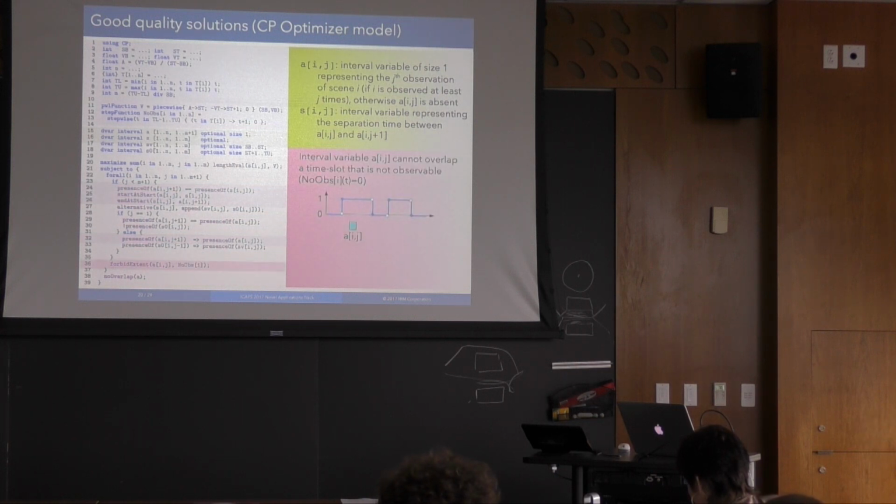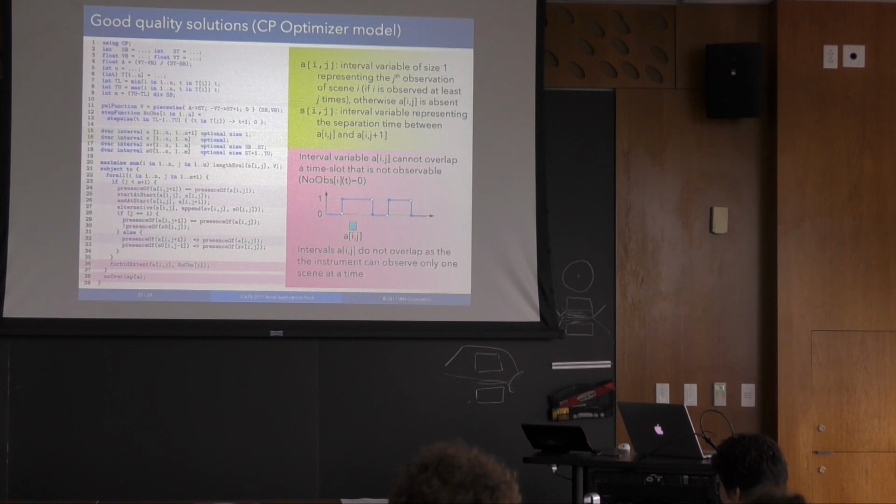And now what we say as constraint is that we are missing two constraints. One that says that an observation, if it is executed, must be executed inside an observability window. This is this type of constraint here. It says that the interval, if it is present, must fit into a segment of the function where it is not null. Okay, so this clearly means that it must be in an observable window. And we have a global overlap constraint on all the activities, on the observations of the schedule. This says the instrument can perform only one activity at a time.